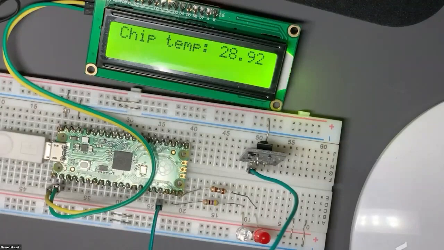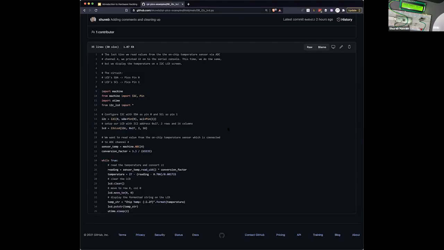Let me share my screen again. Let's look at the code once more. It's super simple code. You can see that it's fairly easy to connect and actually use something as complicated as an LCD. We are using I2C, a type of peripheral. It's just a bus which uses 2 pins. One pin is for the clock to synchronize between the LCD and the chip, and the other one is the data pin, which actually sends the data to the LCD.